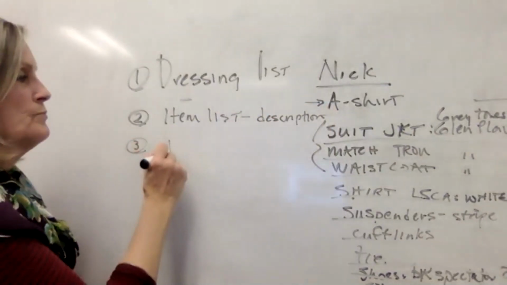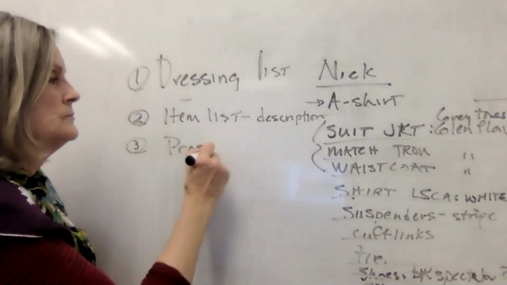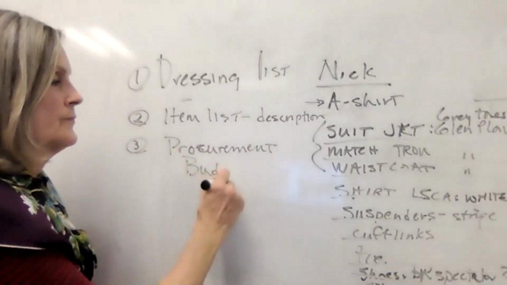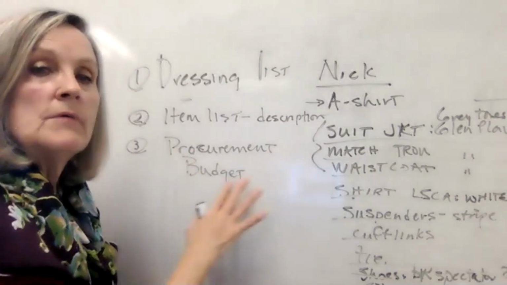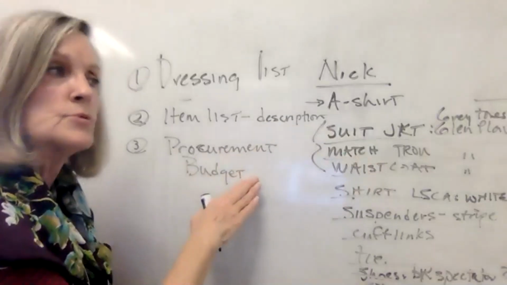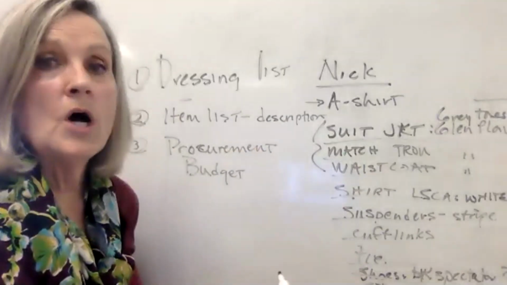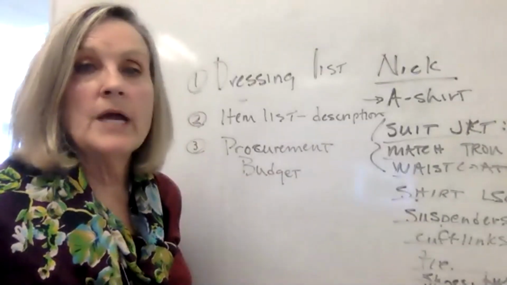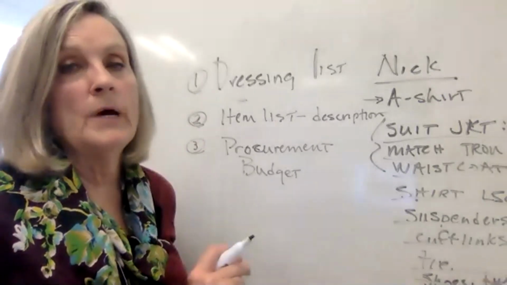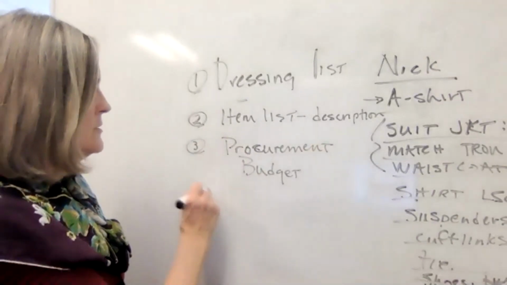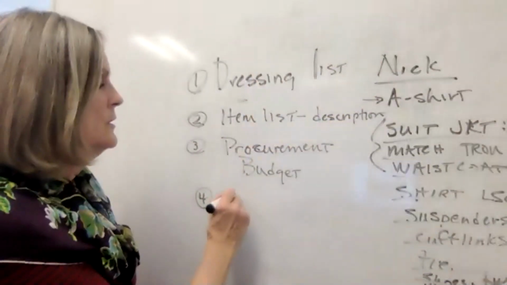Then from that, you can do procurement and budget. Where am I going to get it? How much is it going to cost? Do I have to make it? Can I rent it? Am I borrowing it? Is it in our costume storage? Do we need to buy it new? Often footwear is something that you have to buy new. In fact, if you're working with Equity in a musical, it is required that you buy new shoes. So procurement. And then finally, out of this whole big tracking thing that you're doing, you have the performance